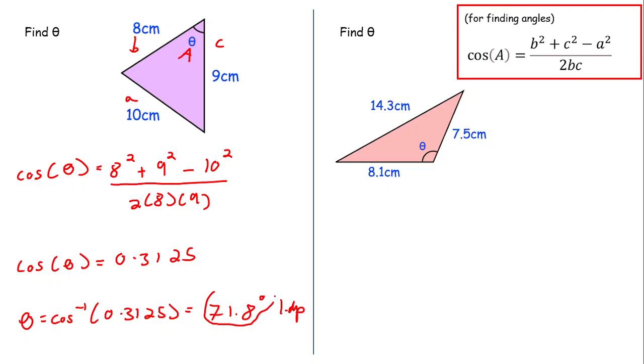Of course you may round it differently. 72 is fine, 71.79. As long as you're getting roughly that number, that's really good. So if you got that, then good, well done. Question 2 is very similar. I'm just noticing though, because this angle here looks obtuse, probably when we get to our cos bit, we're going